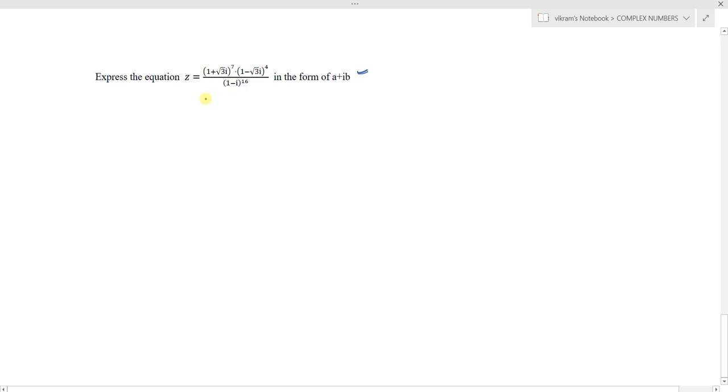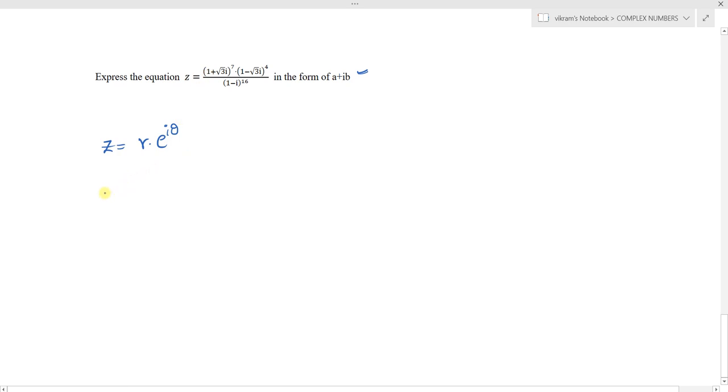Then use another form of the complex number. What is the trigonometric form or polar form? z equals r times cos theta plus i sin theta. It will also give us a lengthy result. So these types of problems are easily solved with Euler's formula. So what is Euler's formula? Every complex number can be expressed as z equals r into e power i theta.